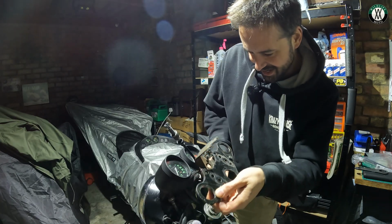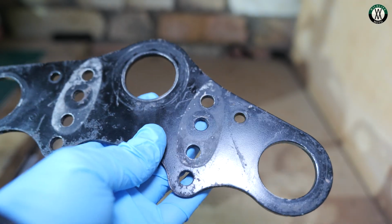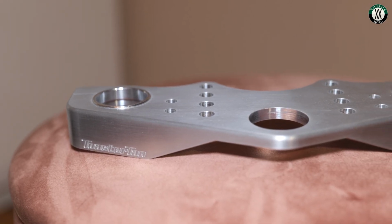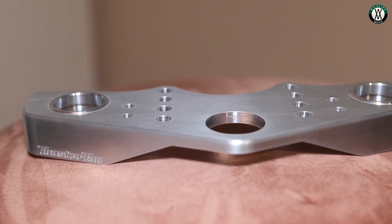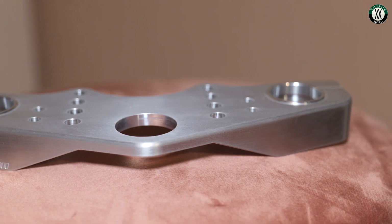And I've talked about this in other videos. That's been replaced from the flimsy bit of stamped steel to the Toaster Tan top yoke, which is just a little bit more chunky, and it's supposed to just reduce some of the flex to make the bike feel a little bit stiffer, because it does kind of weave about a little bit. So that's supposed to be one of the things you can do to fix it. So we'll see how well that